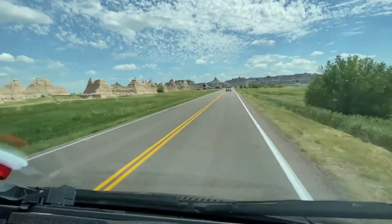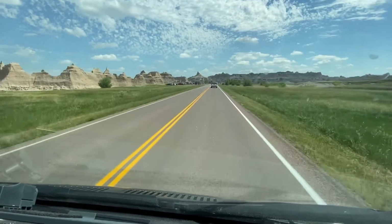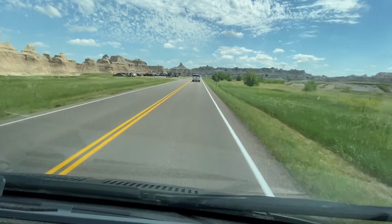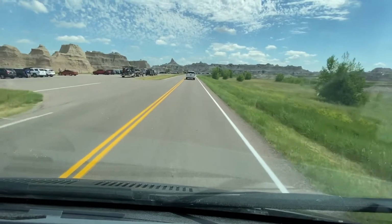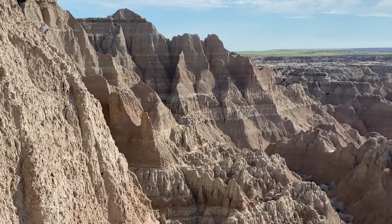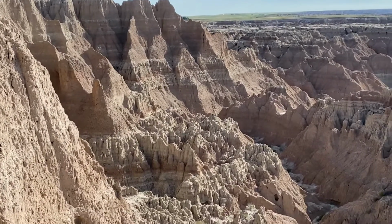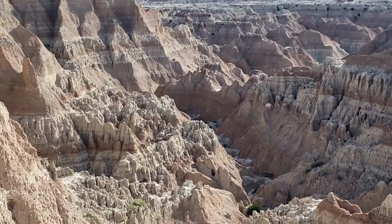The Badlands National Park, located in South Dakota, consists of about 244,000 acres. It contains the largest protected grass prairie in the United States, so there's lots of prairie dogs. There are several buttes, spirals, and pinnacles that define the region. Many of these were formed over 500,000 years ago by erosion, and that erosion continues today at approximately 1 inch